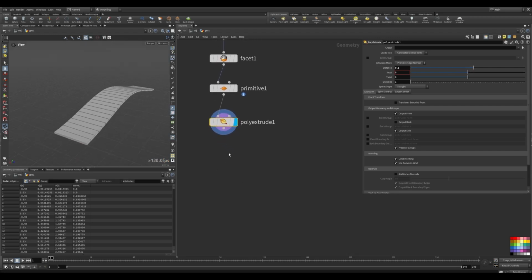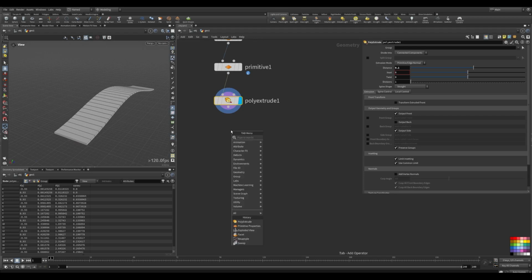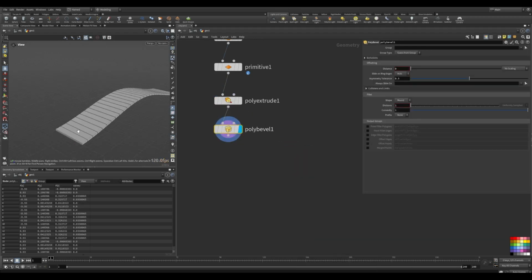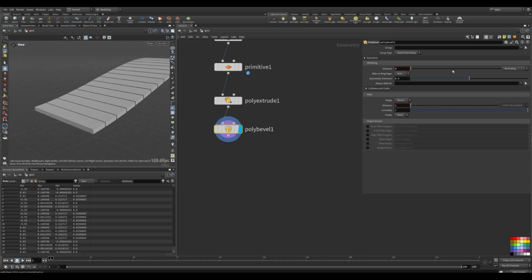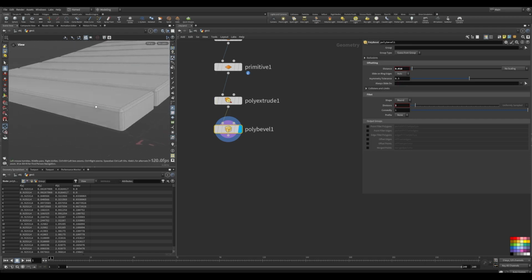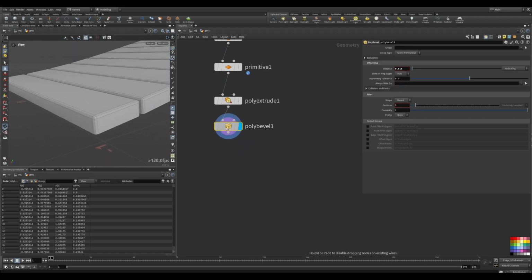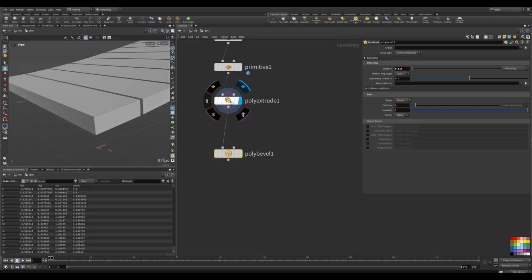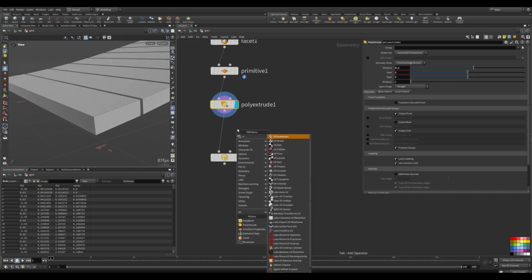Okay. The next thing is I want to bevel them. You can bevel them if you want. You can do remesh, which we will do in future videos, but for now we are just going to make the base mesh of our bridge, and then we are going to make them like this. Now here's the thing, we can just UV